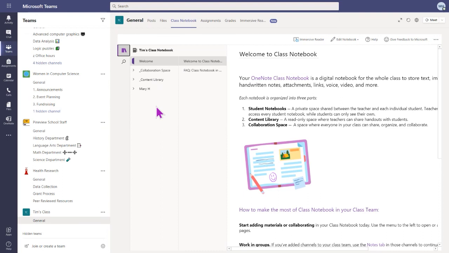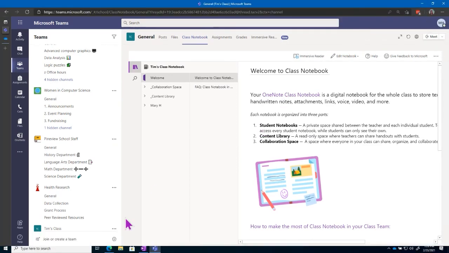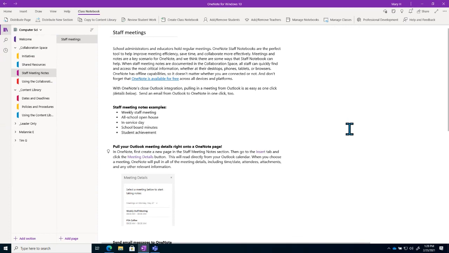And then I also saw, you can share a OneNote notebook with other people very easily. You do not need to create a team just for the two of you. If I come back into OneNote, in the upper right-hand corner, there is a share button that I can use to share that notebook with somebody that I work with, if I want to give them the option to edit or make changes to this notebook.